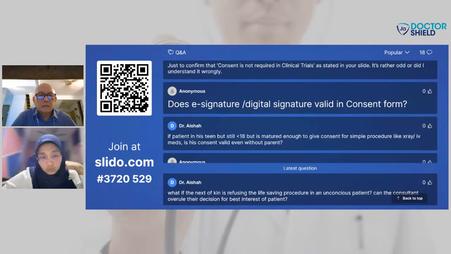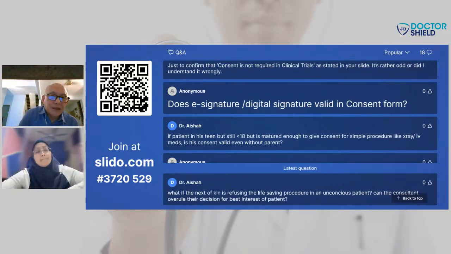So we just need to, as I said, it will require more explanation. But yes, it is acceptable. So we don't actually have to have paper consent forms which are scanned. Some hospitals don't use electronic consent forms. They still insist on paper consent forms signed and then they scan it into the system. So it ends up from a paperless system to actually not truly paperless. We end up with stacks of consent forms in the medical record still.